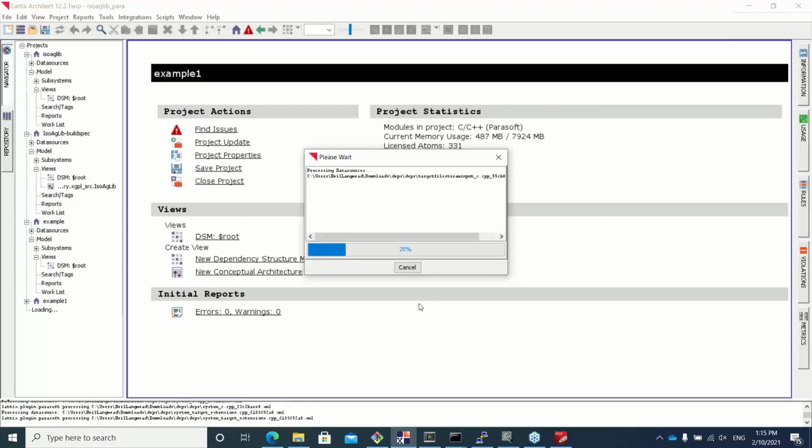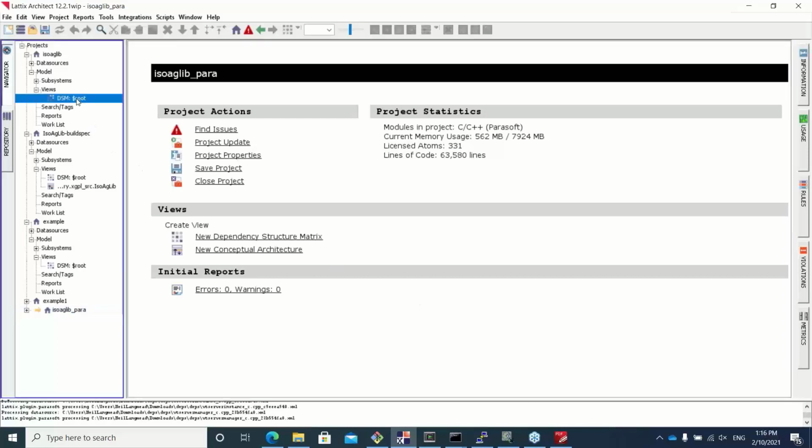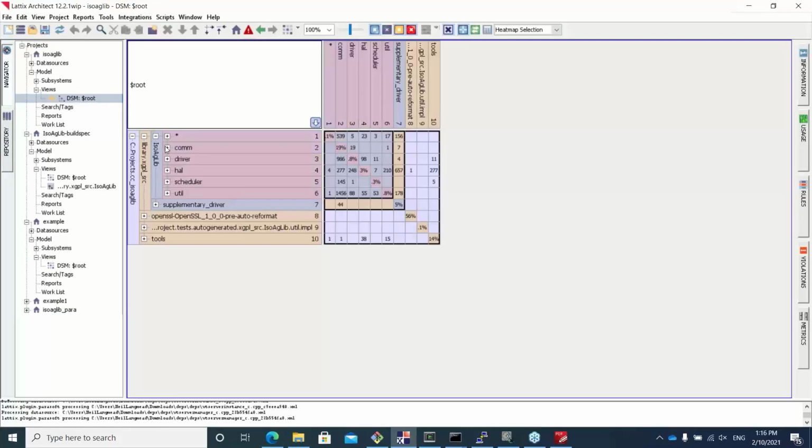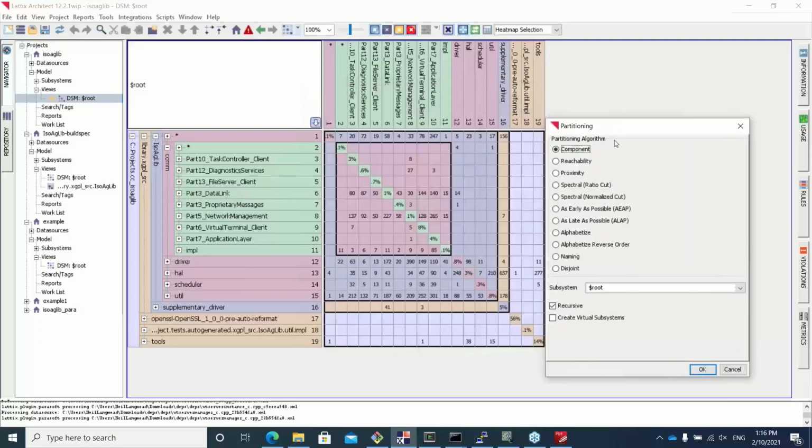What we're doing here is taking the Parasoft C++ data, which comes from the EDG front end. So many of you know that the EDG parser is one of the world's best parsers for C and C++. It can visualize the whole abstract syntax tree, and that's what we get when we import that data. And you can see straight away the structure of the architecture. The first thing that we do is something called partitioning, which is organizing the system by usage. There's many different architectural algorithms that we can use to partition a system, but most commonly used is components, because that is a very natural grouping of